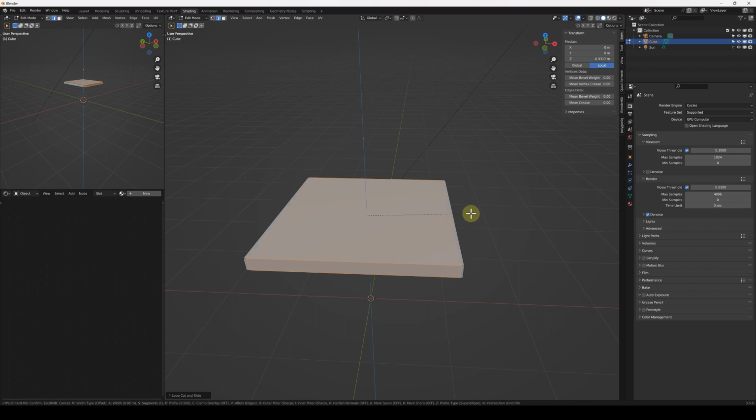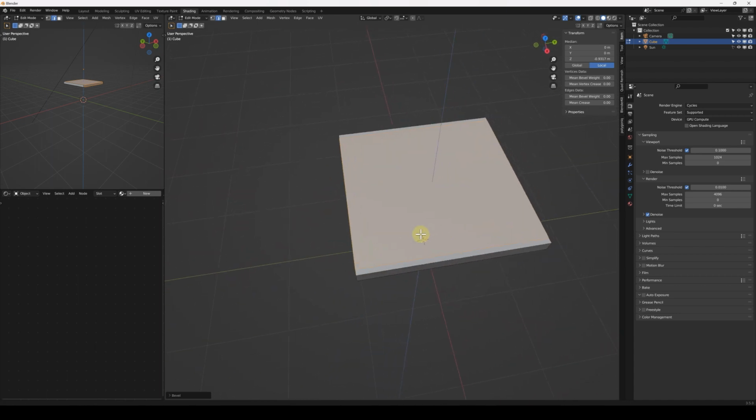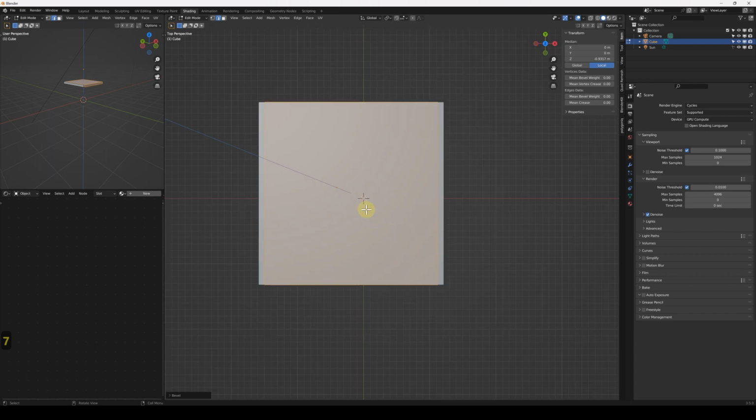And I don't want my legs to go right to the edge, so my first cut, and this will all make sense once I get further, I'm just going to leave a little gap on the edge. Now, if I go from above again and I press Control R, this time I'm going to go on the x-axis through the middle. And again, if I move it, I can left click and set it there, or I can left click and set it there, but I want it dead central, so I'll just right click